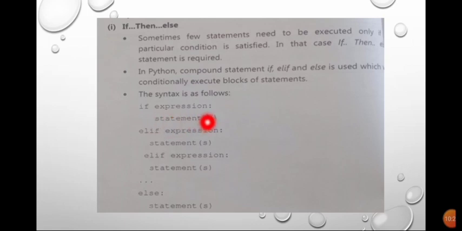Again another statement, elif expression, statement, elif expression, statement. That means if this condition is satisfied, then the next statements are executed, else the remaining statements are executed. If the condition is satisfied, then its statement is executed. Otherwise, if the condition is not satisfied, then the statement under the else is executed.